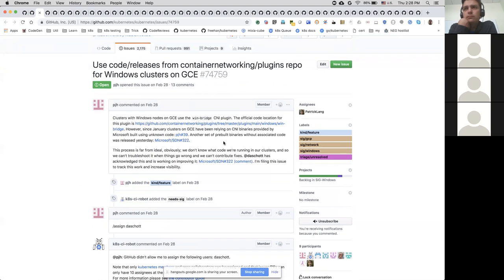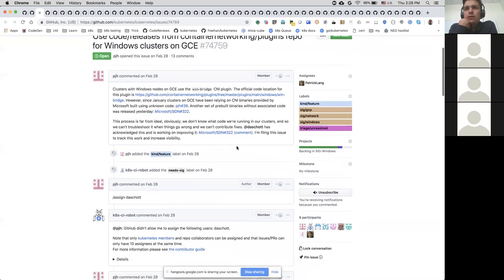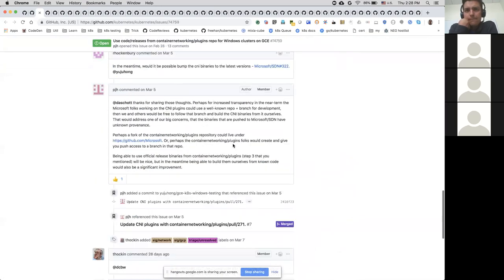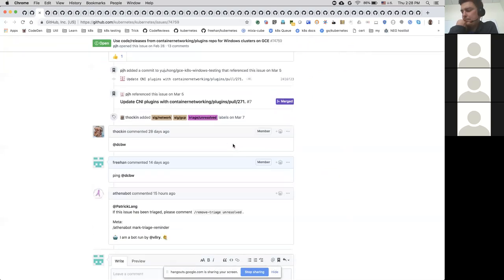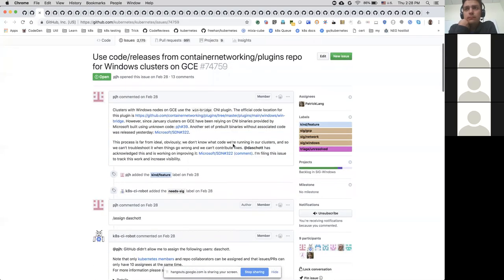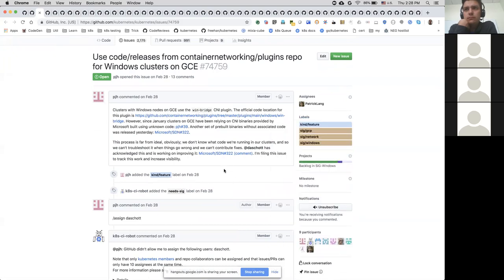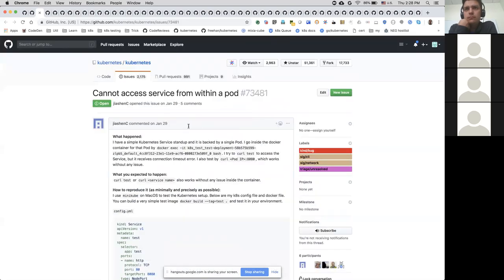I think we did this one last time too. And we've also talked about this in the CNI maintainers, and we're moving forward on this. So I think just leave this one open for a little bit, and it should be solved in the next couple of weeks. Okay, all right, doesn't need triage.